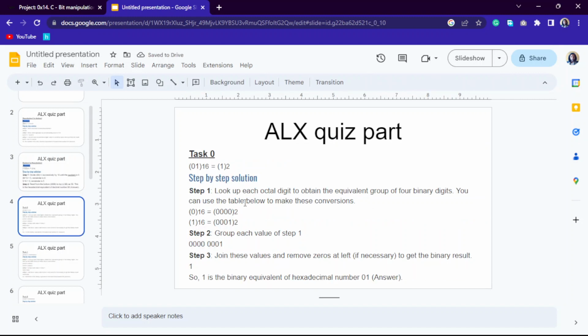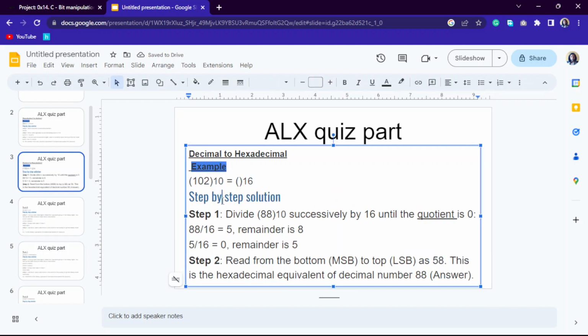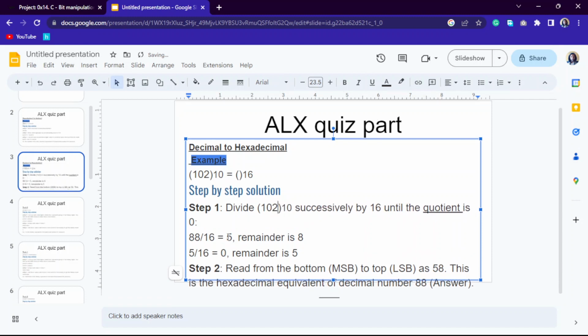How to get this one? And then 102. Now let's say 102